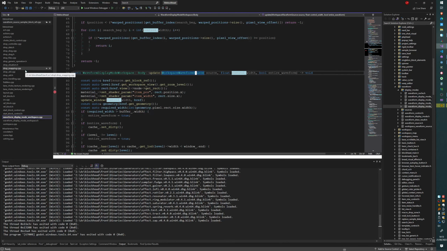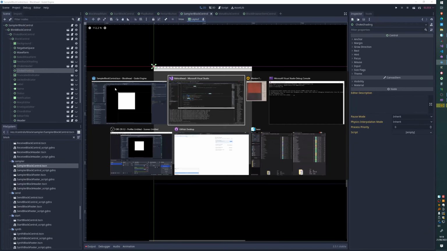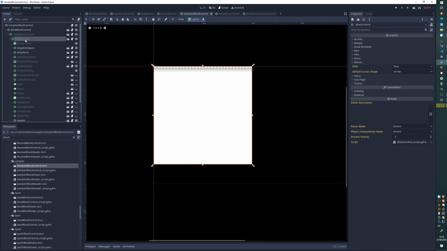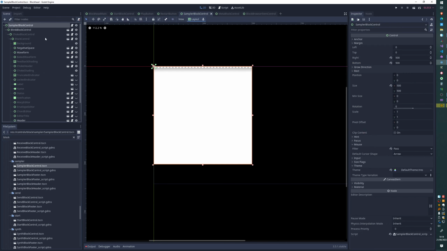Now when I get to the point of setting these shader parameters for the waveform node, I have this reference to the base block instance class, which has a view, and the view it's referring to is this nested node rather than the top level node, because I rarely need a reference to the top level node. But that's a problem because